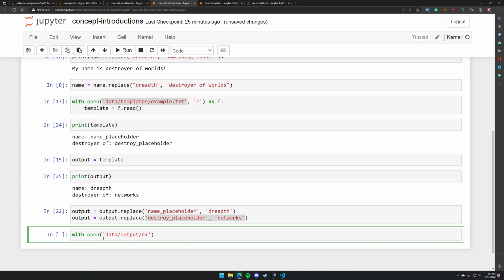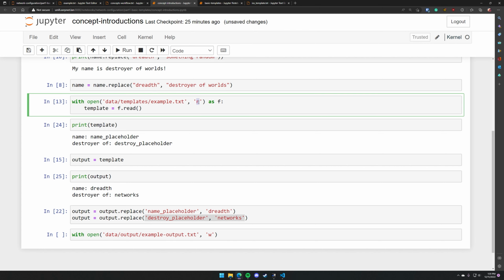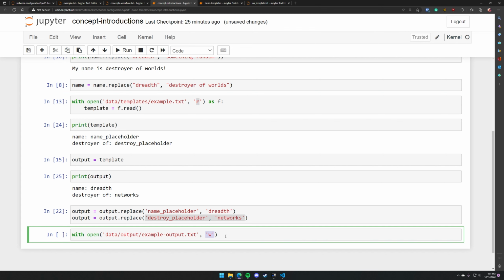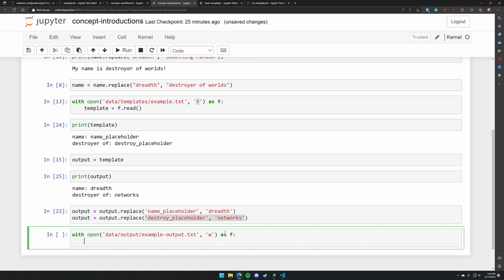And we're just going to say example-output.txt. Okay. So remember, it wants another parameter. In this case, we're actually going to do a W for write. Remember before we did an R for read. So the second parameter that it's asking for gives us certain permissions to the file, right? And I'm going to do as f again. I'm going to do f.write